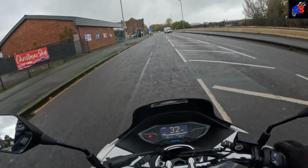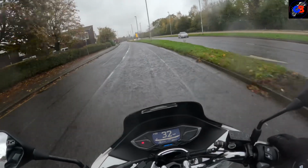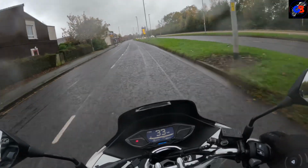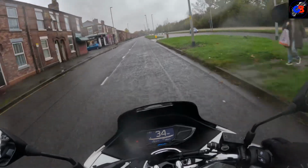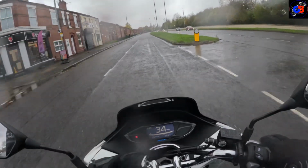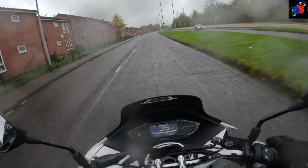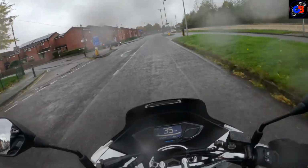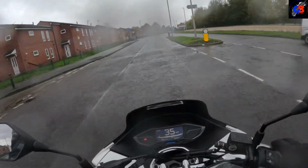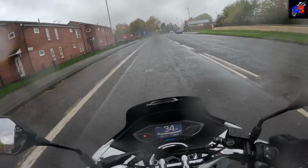Here comes the rain, standard. These bikes are perfect for round town riding. You have got a bike like this that is really light, so you can go in and out of small spaces and get through traffic and beat the queues, and performance wise it's good enough to pull away from everybody at the front of the queue. So yeah, it's ticking a lot of boxes so far for me, this. Now,